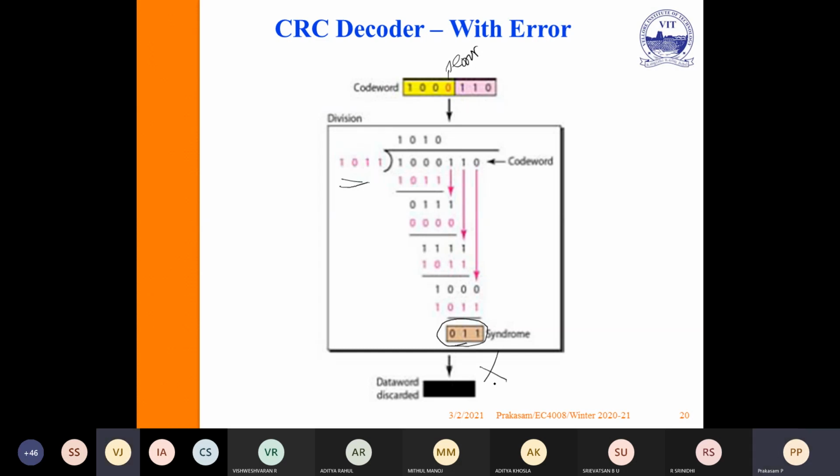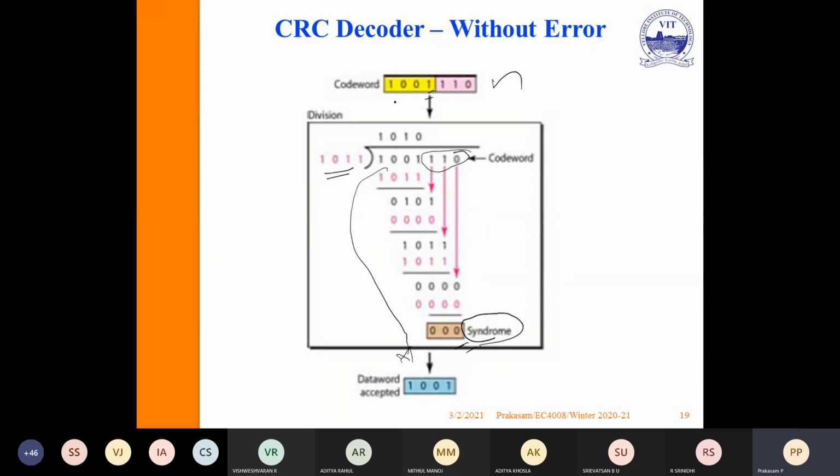Is the divisor fixed? We will give that the divisor is common to both transmitter and receiver. We will give the polynomials, we will give the divisor. Okay, sir. Yeah. One more drawback here, the main problem.